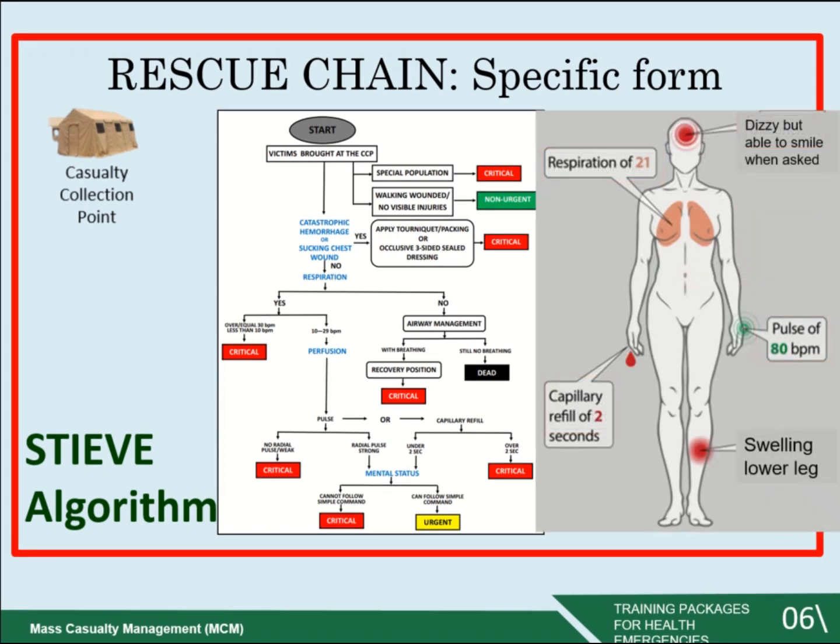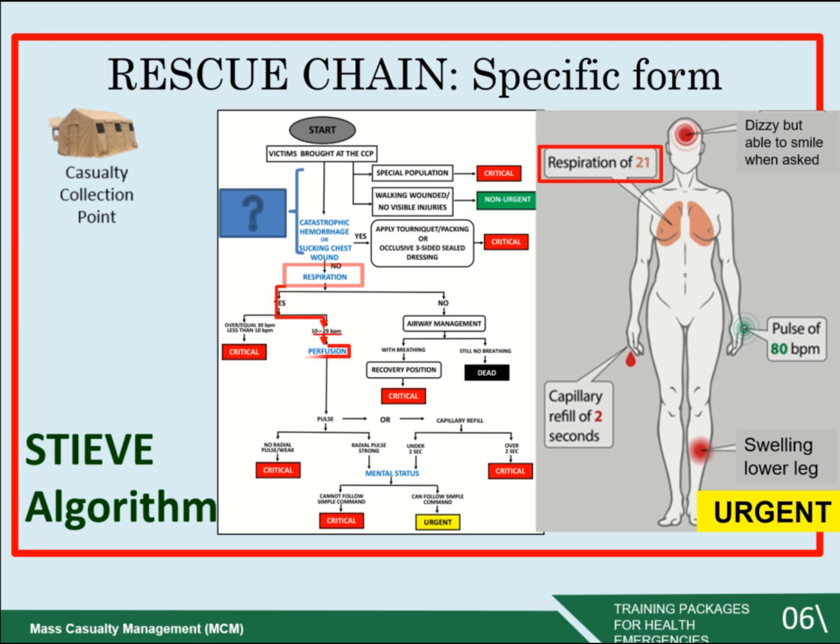On to our next patient, and like before, I'll be giving you a couple of seconds to triage this one out. If you guys answered yellow, then you'd be correct. So let's process. Since we cannot answer the top portion of our START algorithm, we proceed directly to our respiration. Now the question is, is the patient breathing? Yes, with a respiratory rate of 21. So that falls under the normal range.